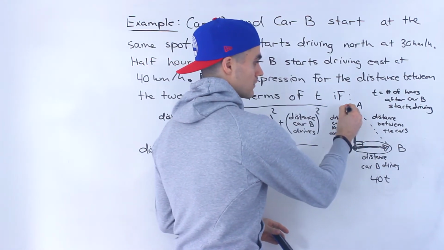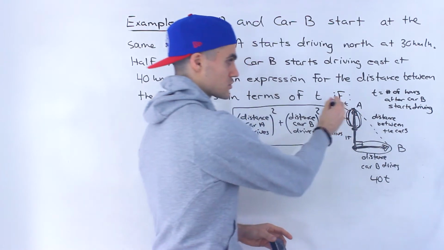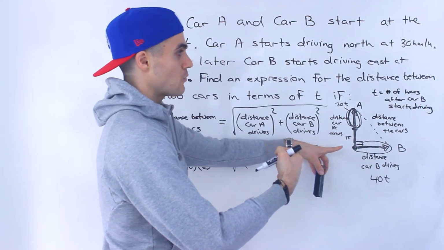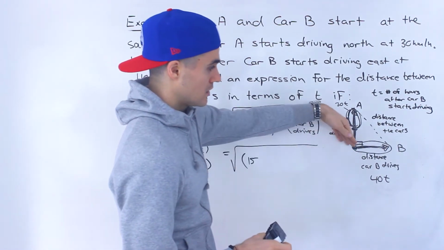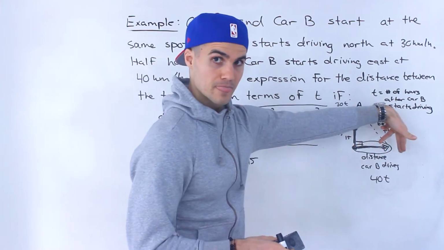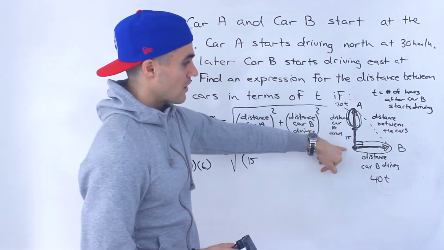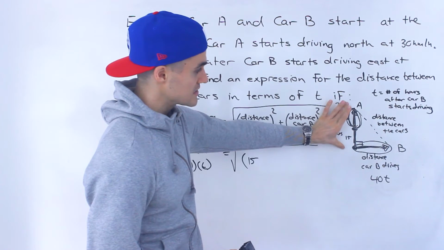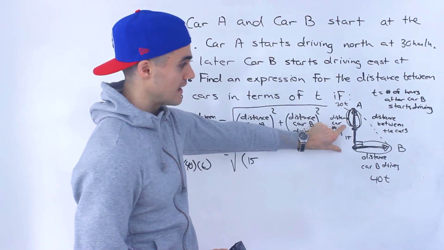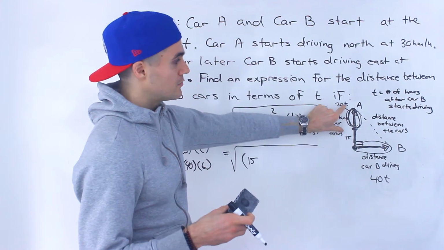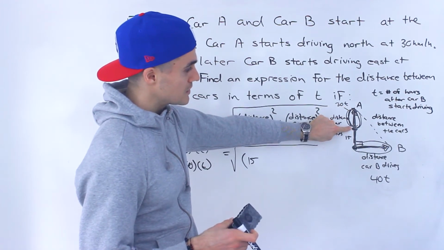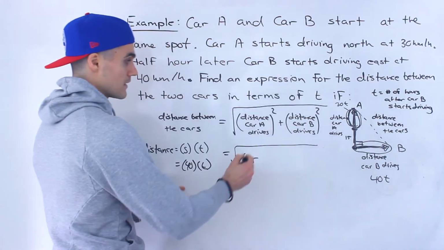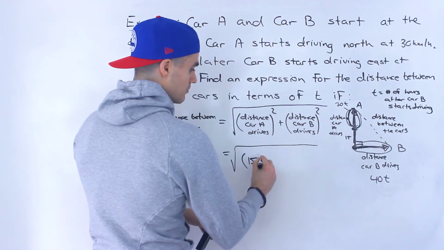This circled portion here is going to be 30t, because remember, t represents the number of hours after car B starts driving. So let's say 1 hour after car B starts driving, car B has driven 40 kilometers. Car A has driven 15 plus 30 times 1, which is 30. So this total distance is going to be 45. The 15 that it was driving initially, plus 1 hour after car B starts driving, that means from here, car A drove 1 hour, so that would be 30. So basically, the distance car A drives is going to be 15 plus